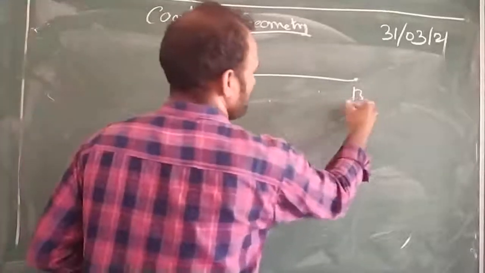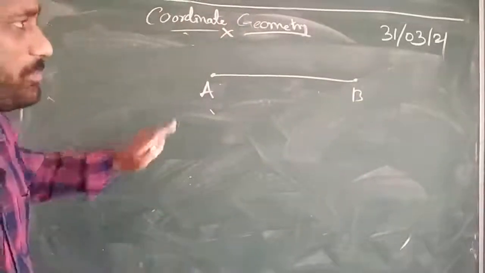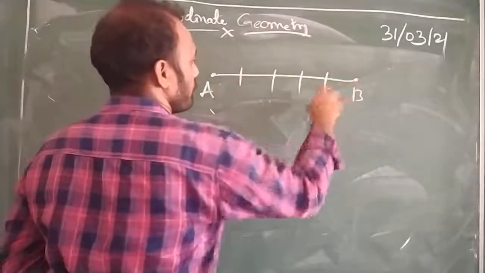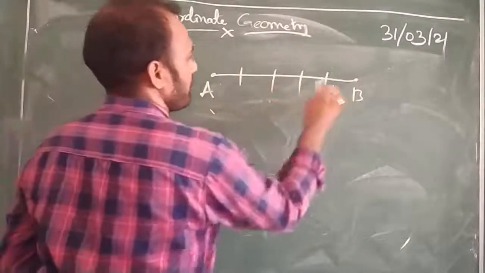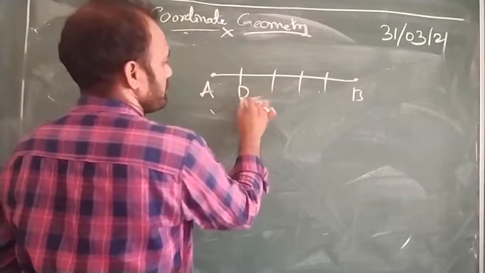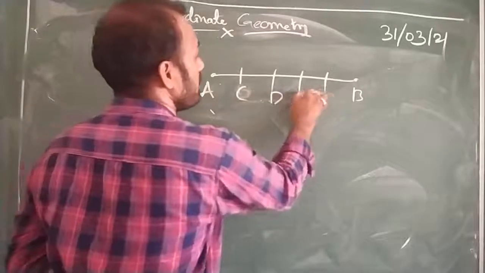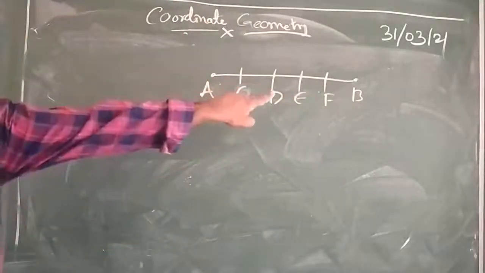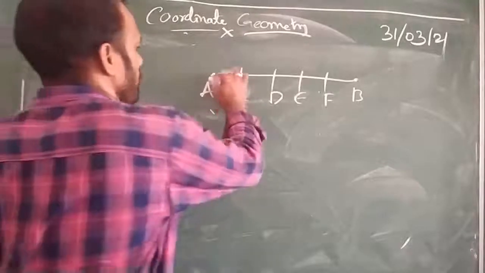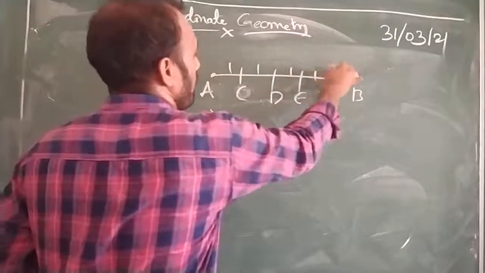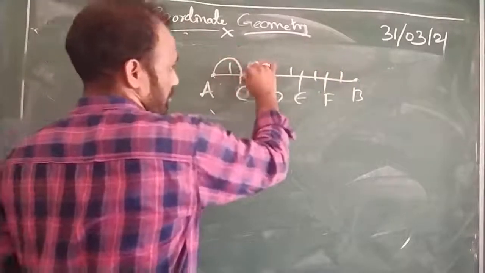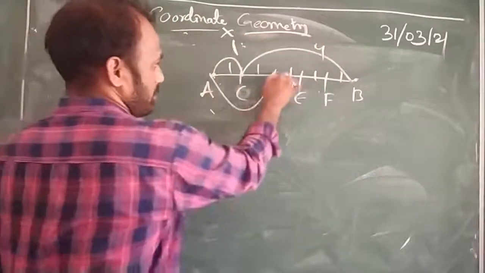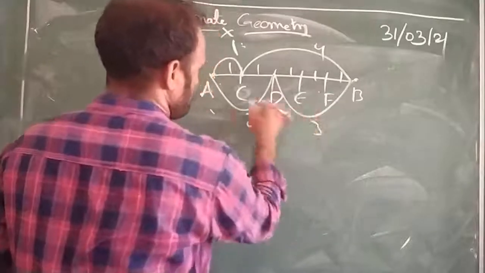A, B. If he is asking us to make 5 parts here, how to make it? 1, 2, 3, 4, so 1, 2, 3, 4, 5 parts. So A, B, then C, D, E, F. I am making the line into 5 equal parts. So A to here 1, 1, 1, 1, 1. So A to C is 1 and C to B is 4. So 1:4 ratio. Next, here 2:3 ratio,